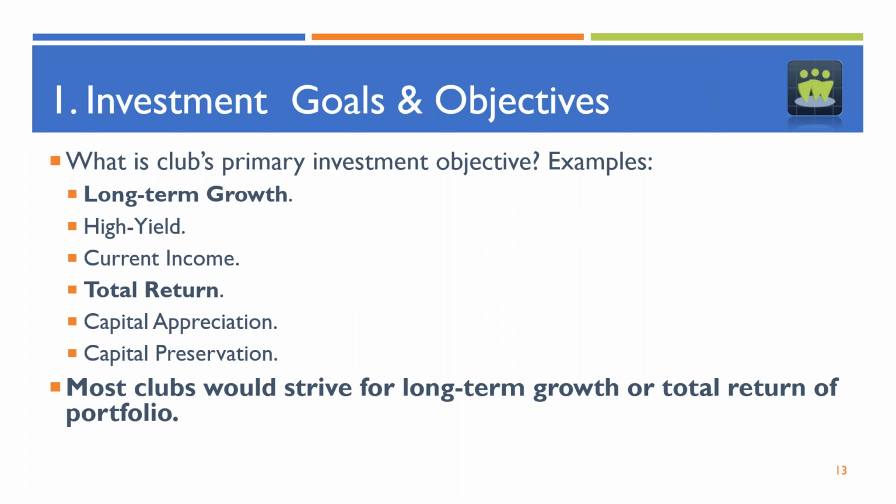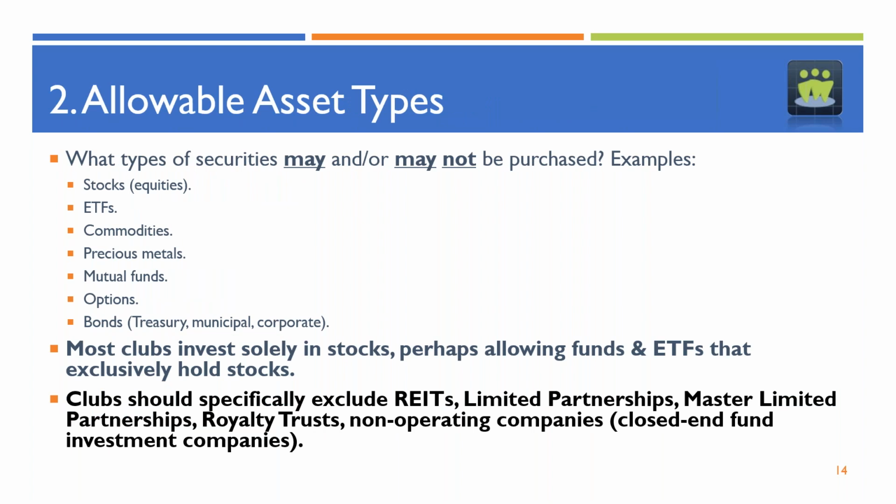You might be looking more at a total return portfolio where you include some undervalued securities and dividend paying stocks along with growth companies that are selling at perhaps more expensive PE ratios. But understanding the primary investment goals that brokers and financial advisors use is part and parcel of the investment education process for individual investors. Allowable asset types is very important because there are a lot of negative ramifications for certain